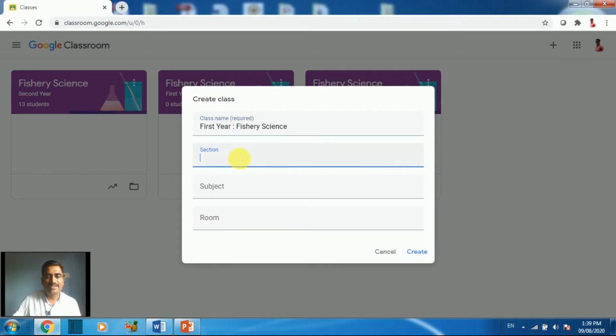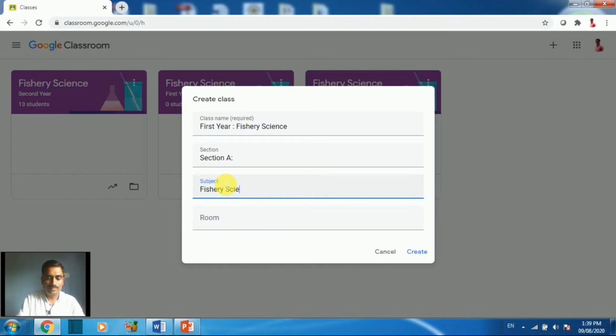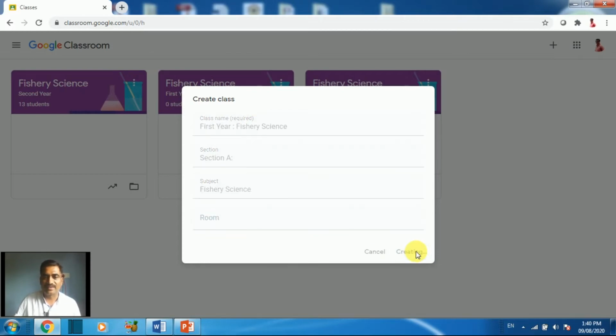Then you can add a section, that is section A. You can add the subject as fishery science. You can give a room number also for your classroom. Then you have to click create.